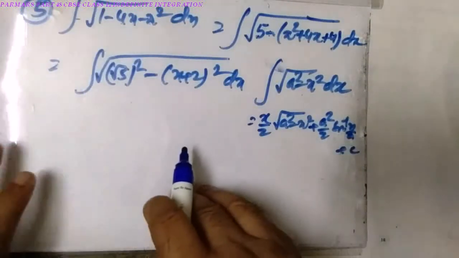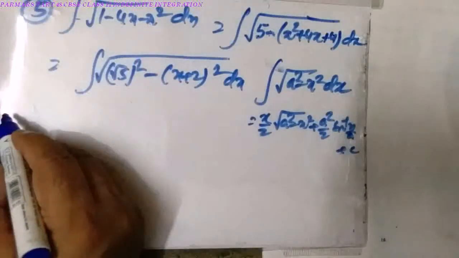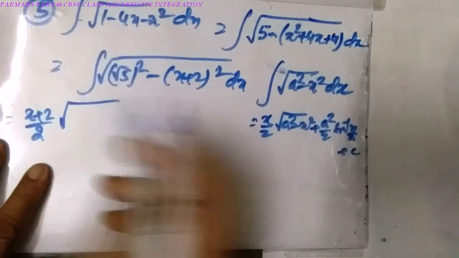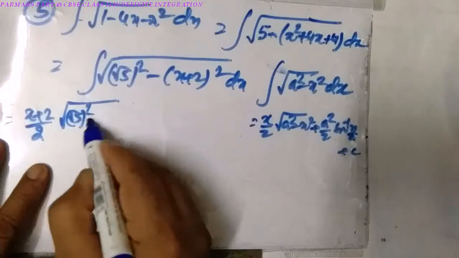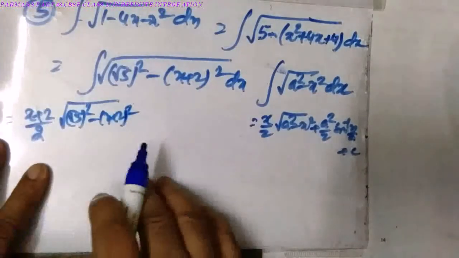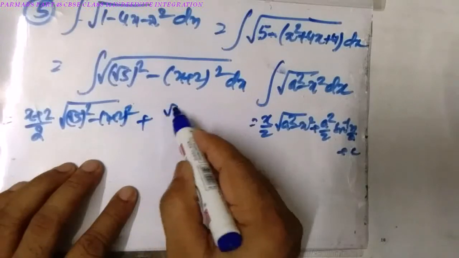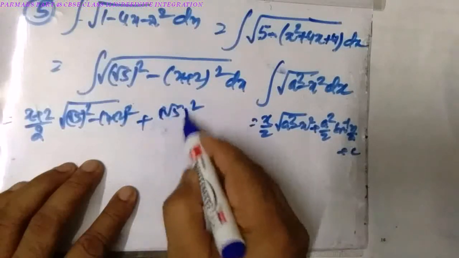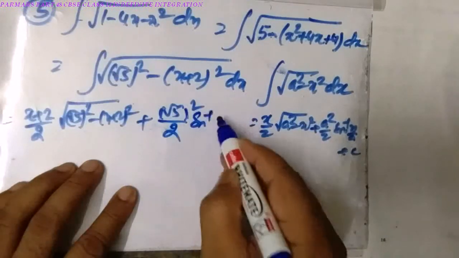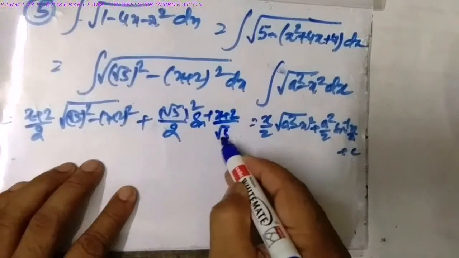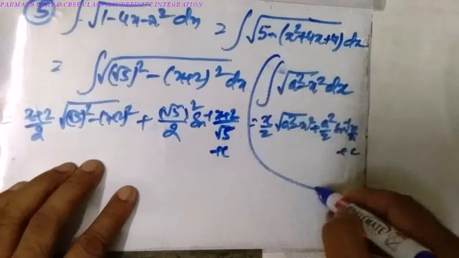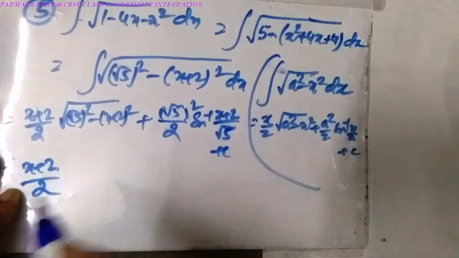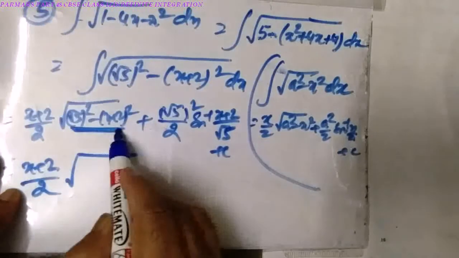Okay, well and good. So on the same basis we can write that x plus 2 by 2 root under, that is root 5 whole square minus x plus 2 whole square, plus a square, that is root 5 whole square, a square by 2, and sine inverse x by a, and plus c. This identity I have used. So what we find is that x plus 2 by 2 root under, the simplified version of this is 1 minus